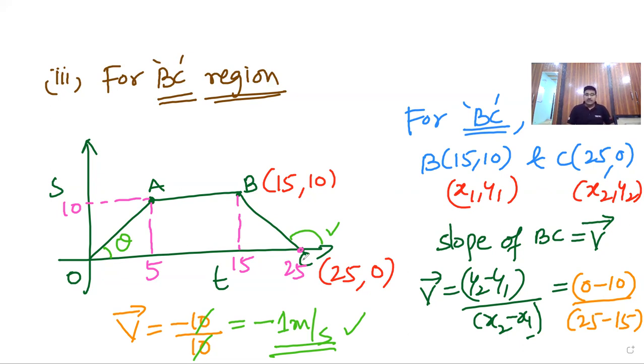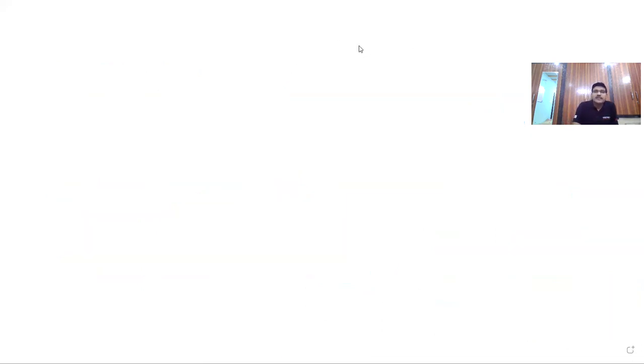So in the OA region, positive velocity, slope is positive. In the AB region, there is no slope, velocity is 0. In the BC region, the slope is negative and velocity is also negative. Is it clear? Be careful: velocity is a vector quantity, hence we have to be very careful with the sign. So I summarize,